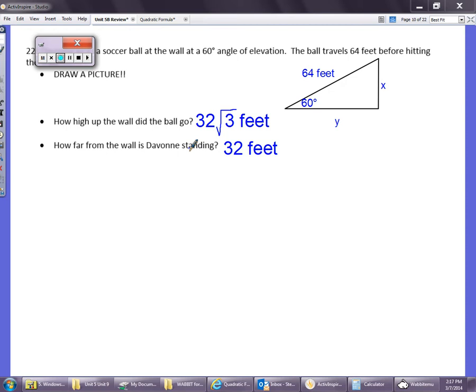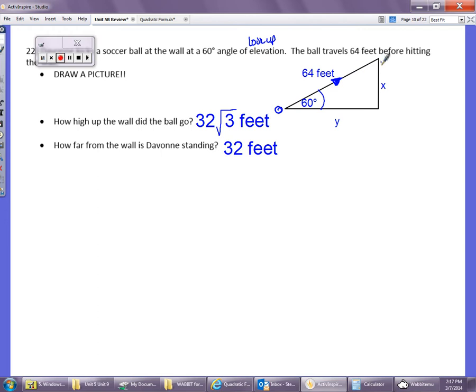Alright, so here it says Devon kicks a soccer ball at the wall for a 60-degree angle of elevation. The ball travels 64 feet before hitting the wall. So when you're drawing a picture, anything with angle of elevation, remember you're looking up. The ball is going to hit the wall. So that means the elevation is drawn this way. That's my arrow showing that I'm looking up. That means my angle of elevation goes there, and the ball is going to travel 64 feet before hitting the